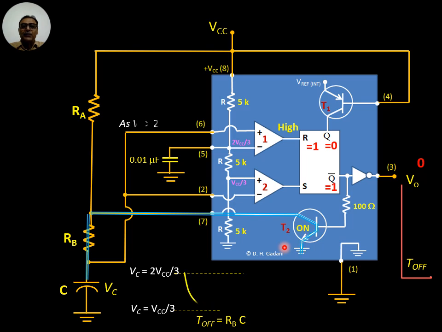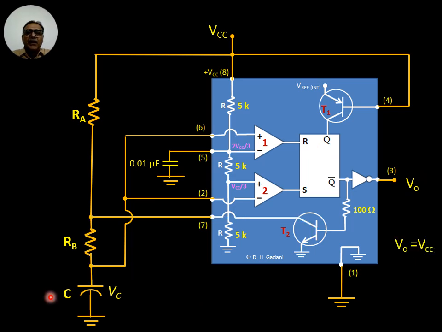As T2 becomes on, the capacitor C starts to discharge through the resistance RB and the transistor T2. So the voltage across capacitor decreases exponentially. As soon as the voltage across capacitor becomes slightly less than Vcc by 3, then again the comparator 2 output